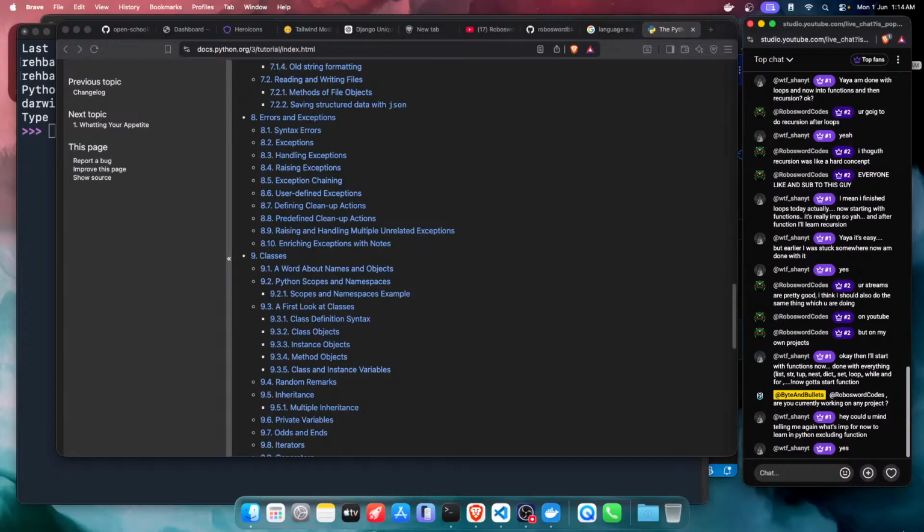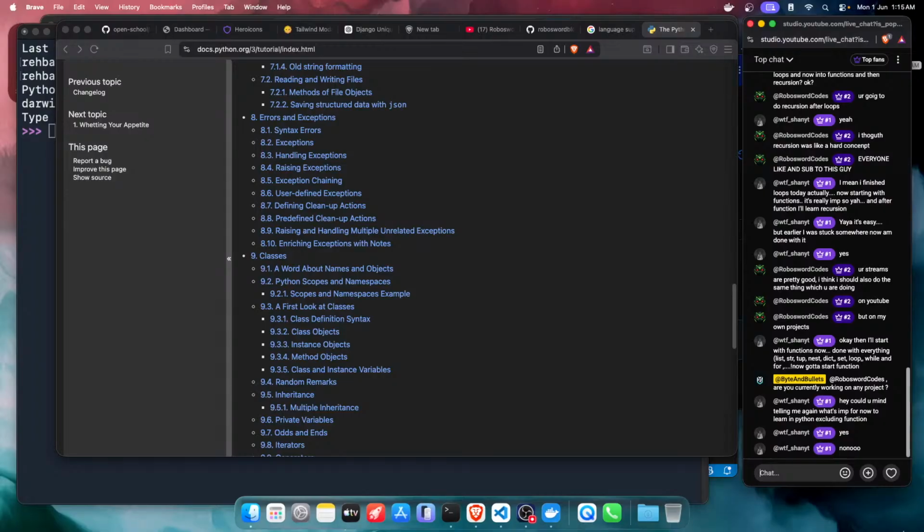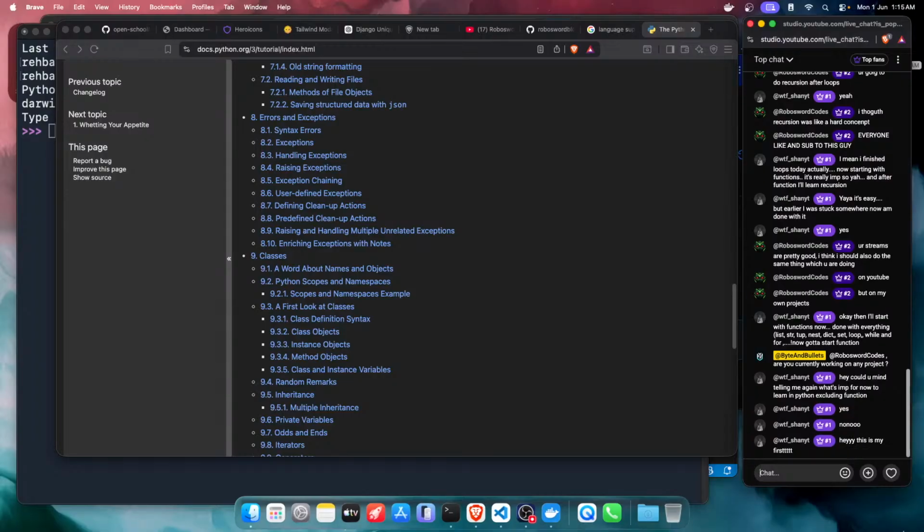Then Python should be pretty good for you, or it will be easy for you. You just need to remember the syntax. That's all, because the underlying logic will always remain the same. You talk about C, you talk about C++. Okay, C and C++ have a little bit of difference, because in C++ we have